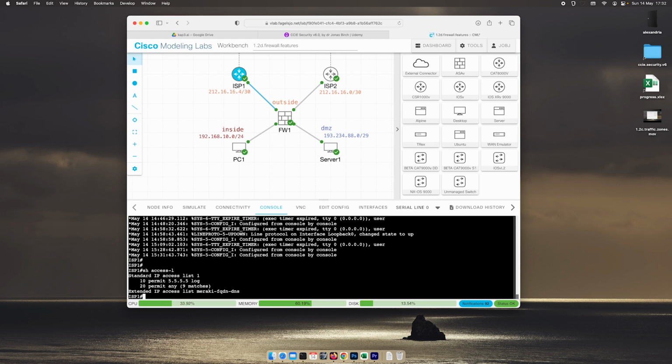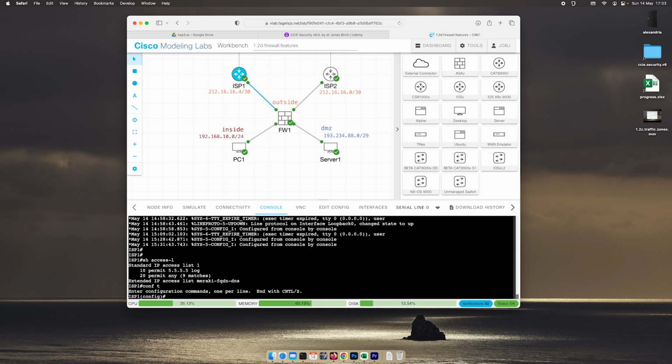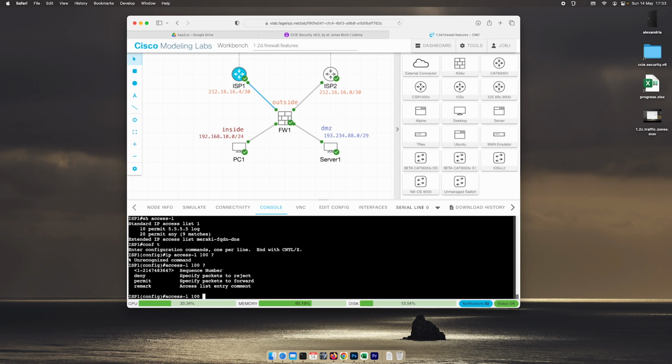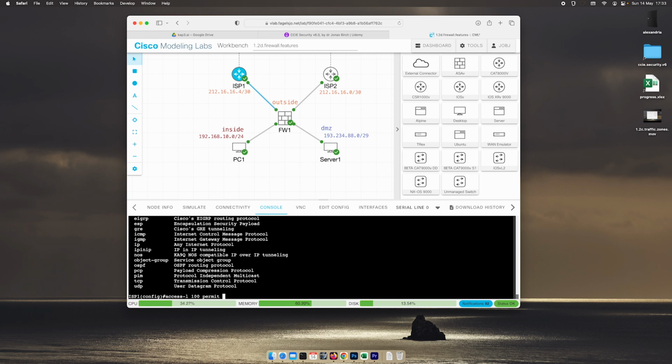Nine matches for the permit any. Maybe it's checking the source when we do it like this. Permit 555 log. Let's do an extended one instead. Call this 100. Permit IP, and this is the source, so